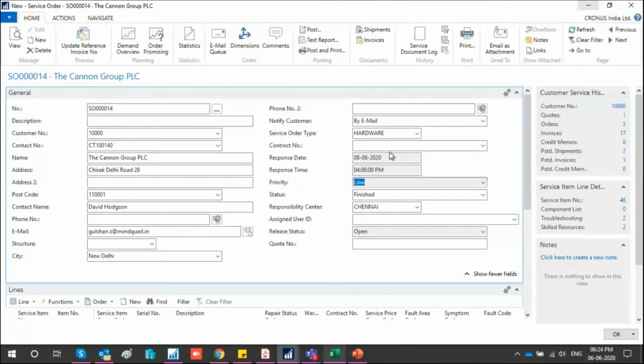I'll just explain the concept of what a loaner is. A loaner is any item which can act as a replacement item. For example, let's say I'm working on this hard disk. This is corrupt, so I'm working on it. Meanwhile, I provide the customer with my hard disk or a new hard disk. When I perform the repair and return it to him, I get that back, which is mine. So that item is called a loaner item. That loaner concept is also there in the system.